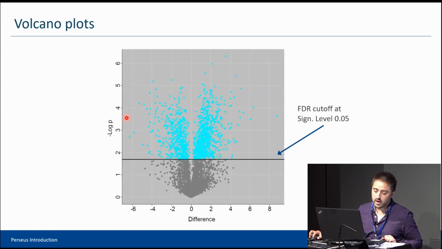And then on the y-axis, you don't have the p-value, you have the minus log of the p-value. As we said before, and probably most of you know, the smaller the p-value, the better. When you take the log of something small, close to 0, you get a very negative number. Let's say the log 10 of 0.01 is actually